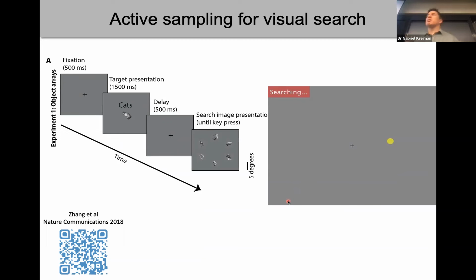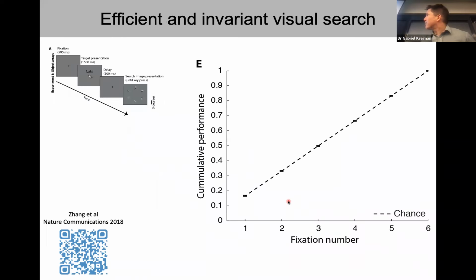This is not what happens when you're doing this task. What you're supposed to see is that yellow dot moving. So trust me, believe me, I'm a scientist. When you do this task, you actually move your eyes, going from one object, fixating on one object, then fixating on another object until you actually find the target. All right, I don't know how to show this video. All right, so I want to show you